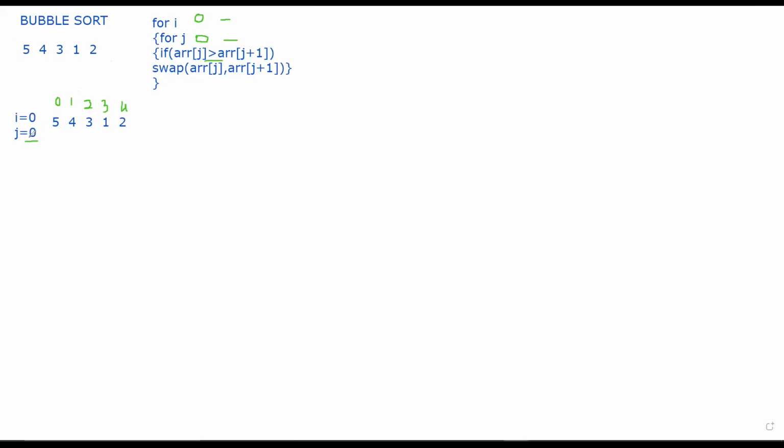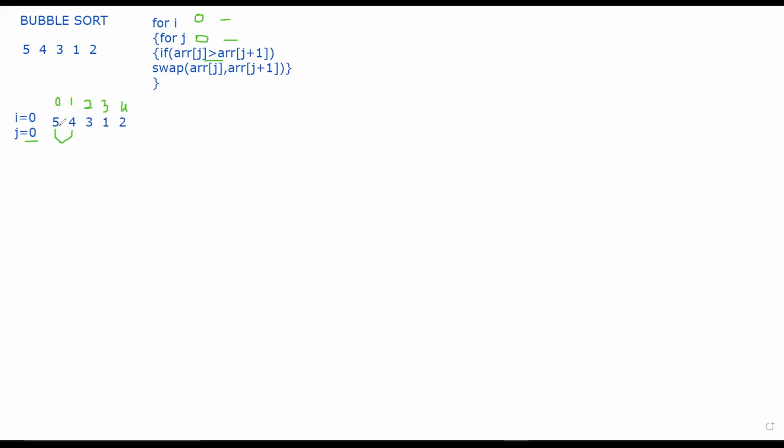Now, array of 0 over here, substituting the value of j as 0. So which element is this? 5, and array of j plus 1 means this 4. So these two values I'm comparing. I am just checking whether array of j, that is 5, is greater than array of j plus 1, that is 4, or not.